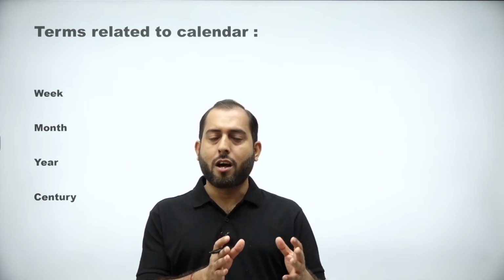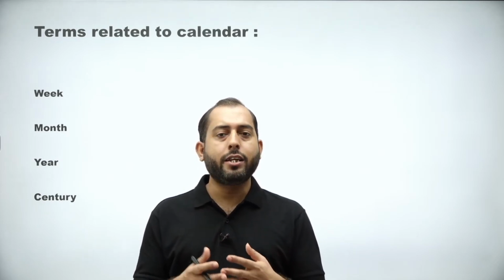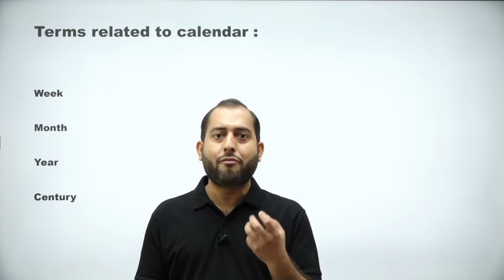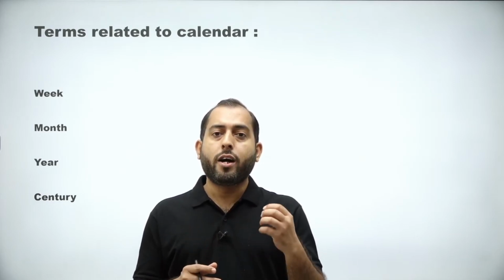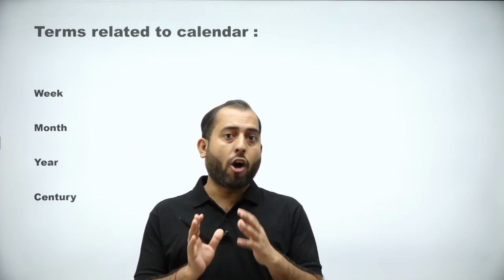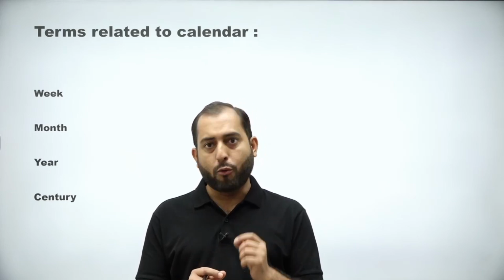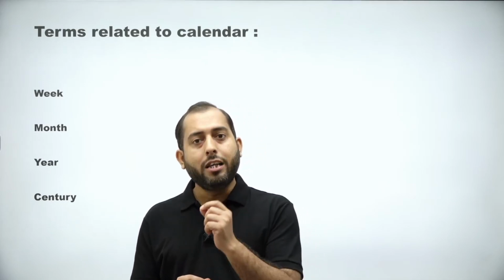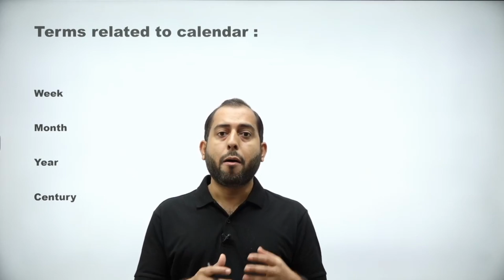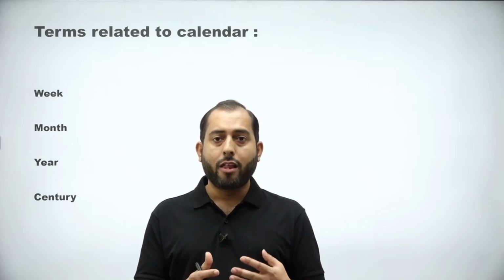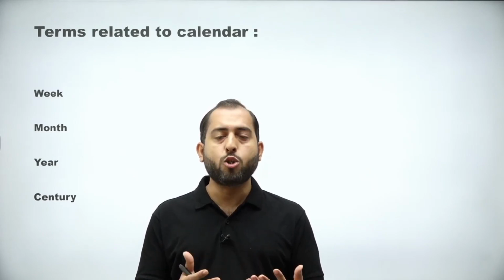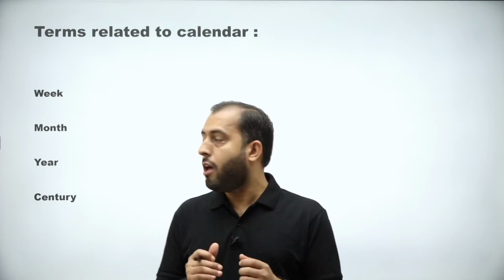Some of the months have 31 days. And then there are some months having 30 days. And then there is a very unique month, February, in which sometimes we have 28 days and sometimes 29 days. In case of an ordinary year, the Feb month will have 28 days. And in case of leap year, Feb month will contain 29 days. Months like January, March, they have 31 days in it. Months like November, June, they have 30 days in it.